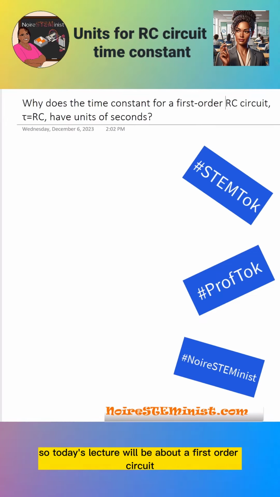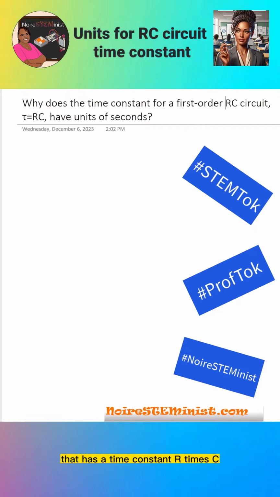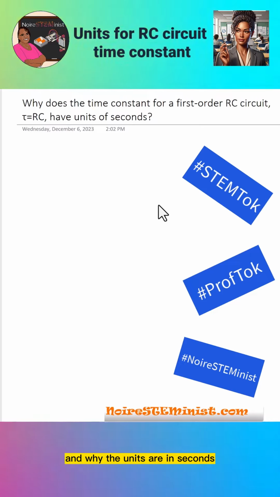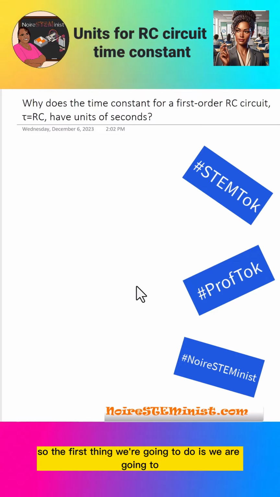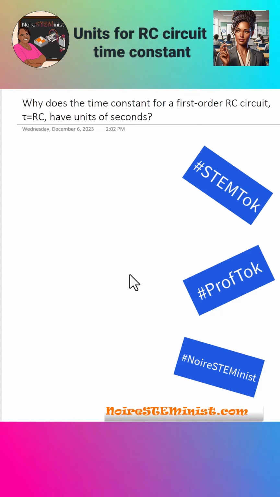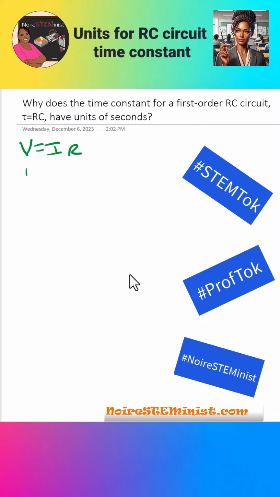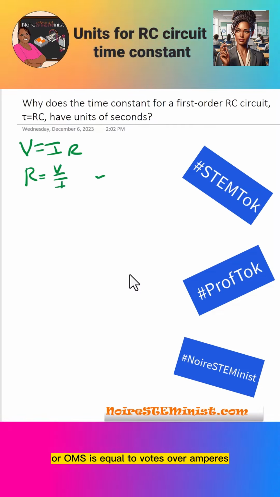So today's lecture will be about a first order circuit that has a time constant, R times C, which is an RC circuit, and why the units are in seconds. So the first thing we're going to do is use Ohm's law to get V equals I times R and show that R equals V over I, or ohms is equal to volts over amperes, which